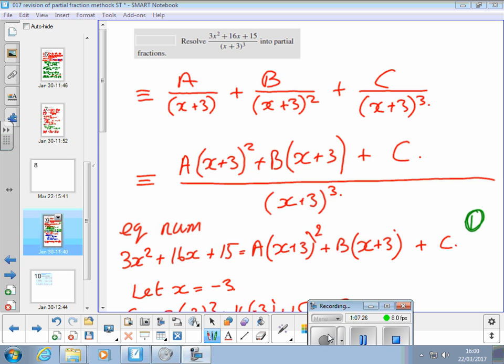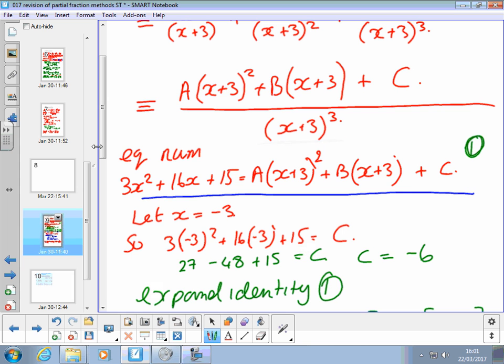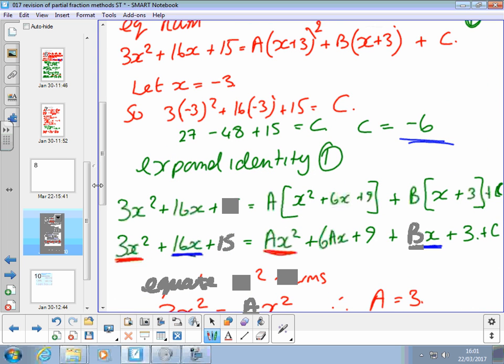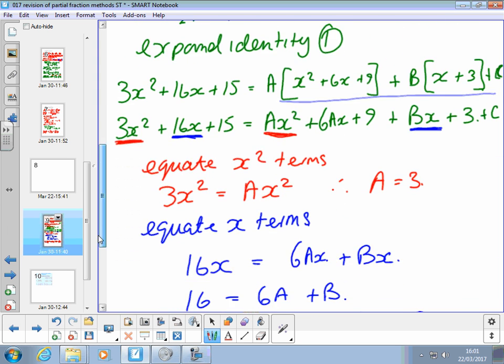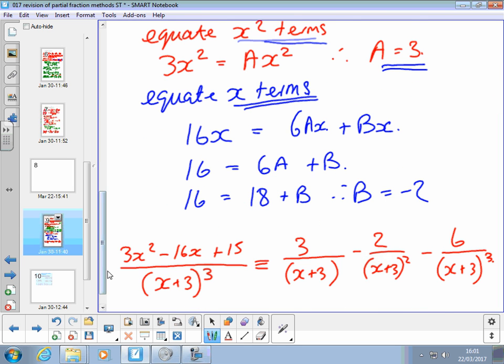We've got this repeating linear factors, so we write it out with 3 constants. The first one over the x plus 3 term, B is over x plus 3 squared, C over x plus 3 cubed. We do the same process as we've always done before to get back to our common denominator. Go ahead and equate numerators like we've always done. These 2 terms are relatively easy to get rid of by making x equal to minus 3, and we find C. Then if things get a little bit more tricky, you need to expand the terms in the original identity, and then we can equate the x squared terms and equate the x terms to find the constants A and B, giving our final answer